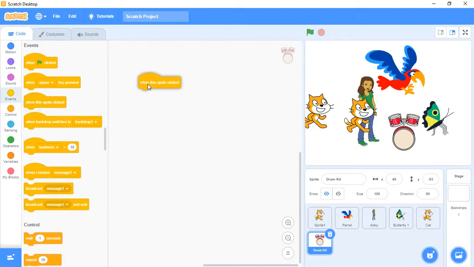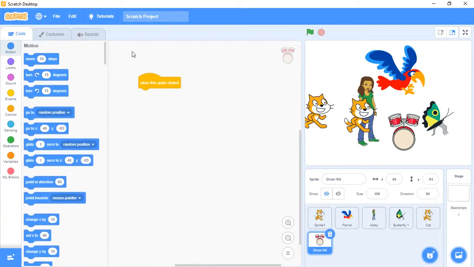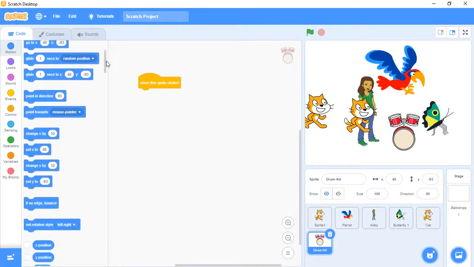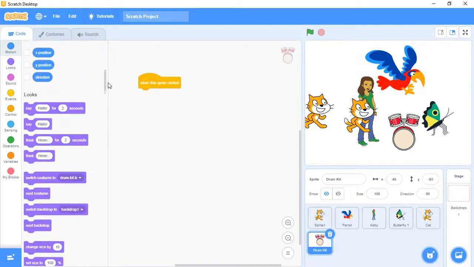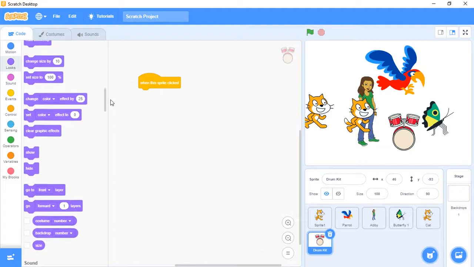When this sprite is being clicked, next set size. It should grow and it should shrink.